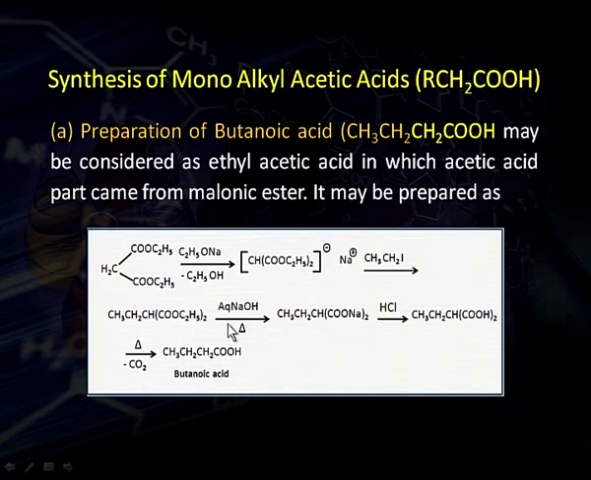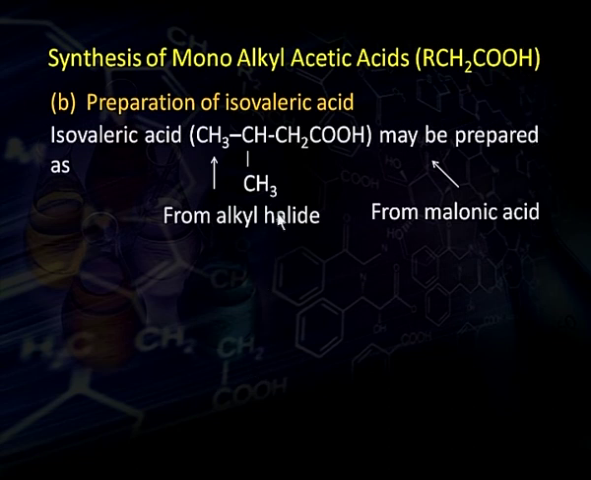which upon hydrolysis produces sodium salt of the acid and alcohol is removed, and this upon acidification forms dicarboxylic acid, and when this dicarboxylic acid is heated it loses carbon dioxide and forms butanoic acid. So, by this method we can also prepare isovaleric acid. In case of isovaleric acid, this acetic part comes from malonic ester and this isopropyl part